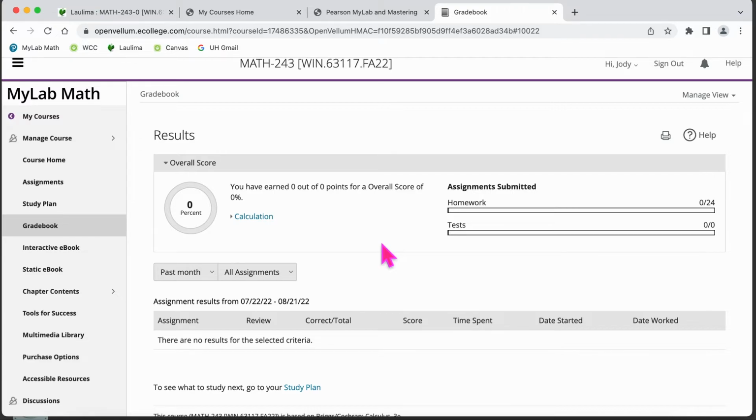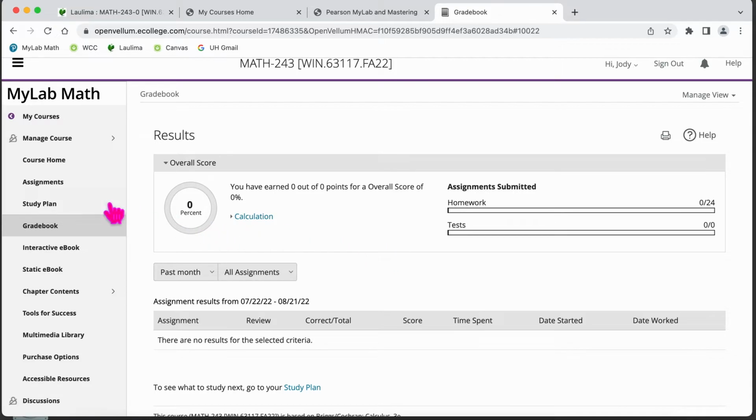Also, this gradebook is very tricky when it comes to things like extra credit and offline items. So I have a choice. I have graded problem sets, and I have forums, and I have extra credit. Those are things that are really not in My Lab, so I can either put them in My Lab, or I could just transfer the My Lab grades to Laulima, and I choose to use the Laulima gradebook.